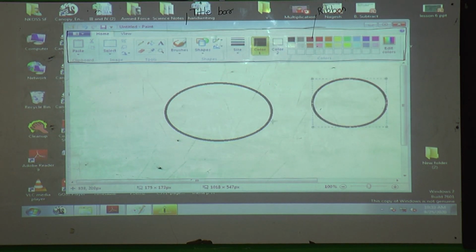It is oval. The shape is a circle, but in the computer, in Paint, we call this circle an oval. And if you want to fill it, what do you do? Fill with color. Then press here by using the mouse. The mouse has three buttons. Which are they? Left button, right button, and the middle one is the scroller button. Every time we must click the left button only.